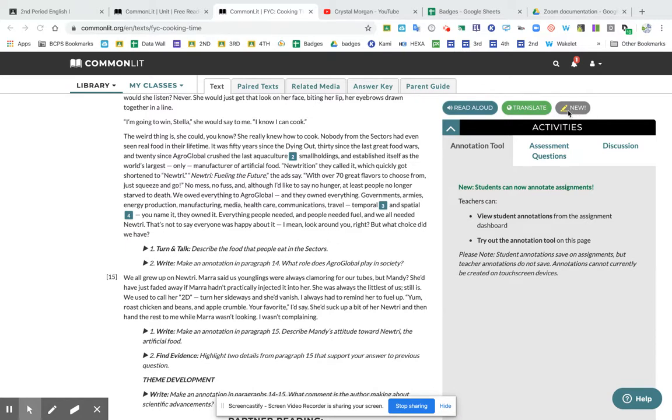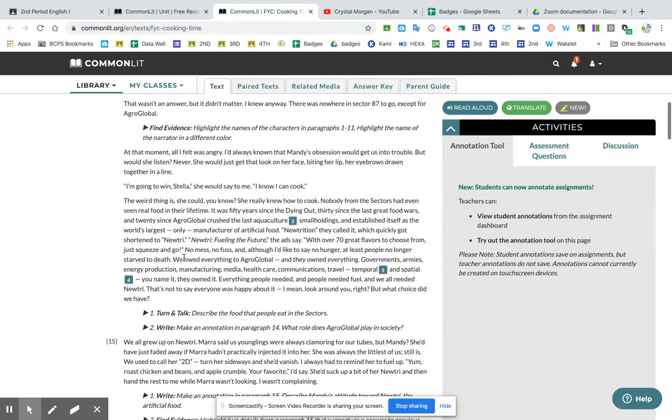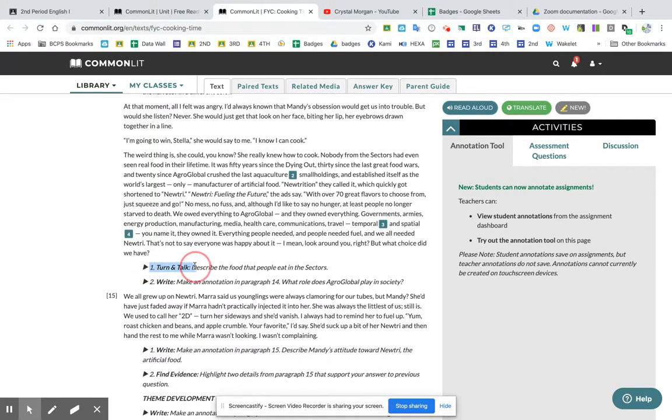Up here in the corner, see where it says new right here? See that little highlighter? That's the annotation tool. And you're going to click on that tool and use it. So now when you have a question to answer, you highlight that question